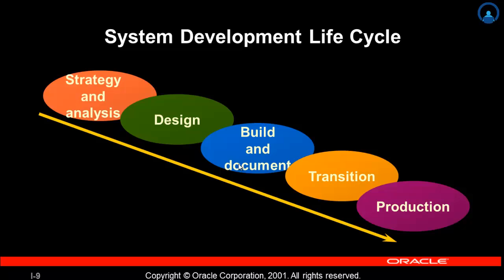Make any modifications required. And the last, production. Roll out the system to the users, operate the productive system, monitor its performance, and enhance and redefine the system. Note, the various phases of system development lifecycle can be carried out iteratively. This of course focuses on build phase of the system development lifecycle.